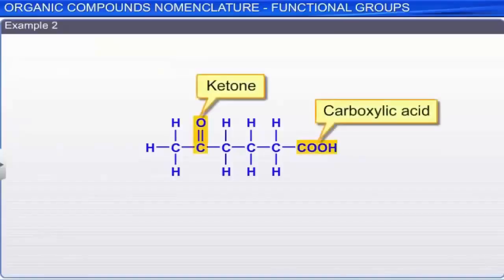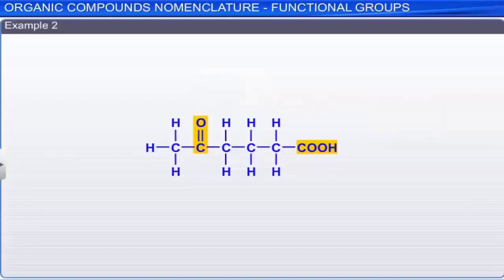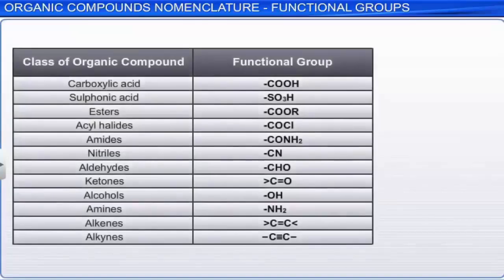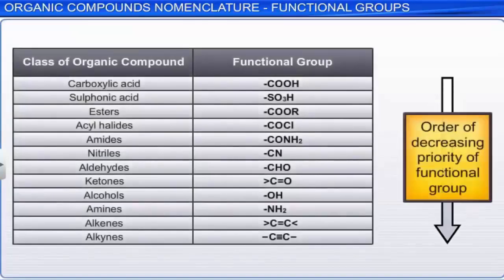But some compounds have more than one functional group. These are known as polyfunctional compounds. In such compounds, one of the functional groups is chosen as the principal functional group. The principal functional group is selected based on the order of decreasing priority as shown here. Carboxylic acid has the highest priority, followed by sulfonic acid. Esters, alkyl halides, amides, nitriles,